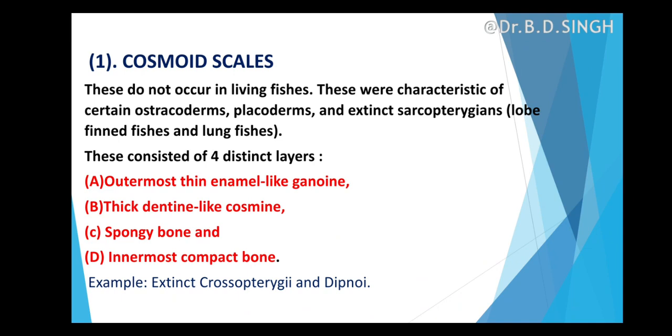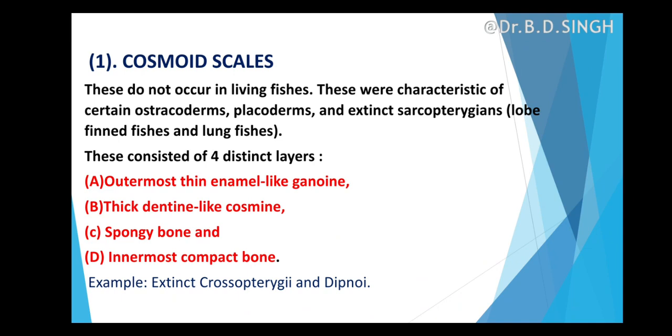These were characteristic of extinct ostracoderms and placoderms, for example lobe-finned fishes and lungfishes. These are considered to have four distinct layers: